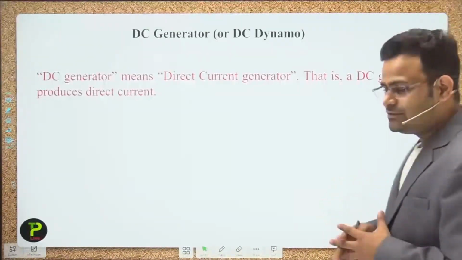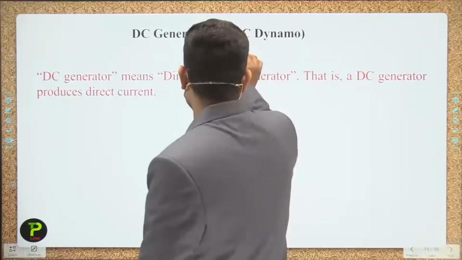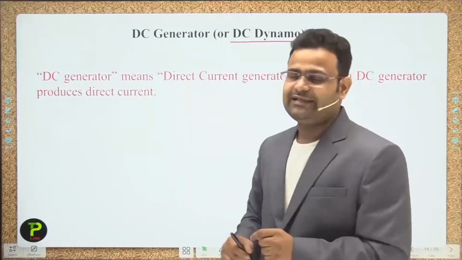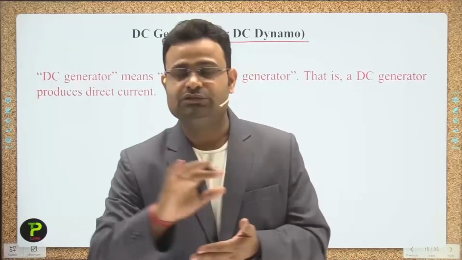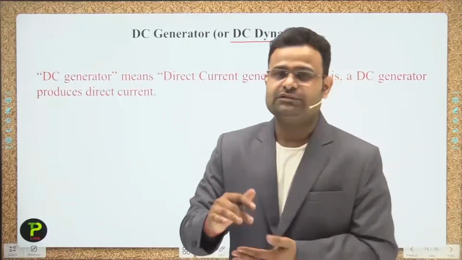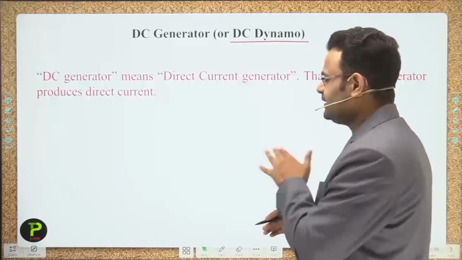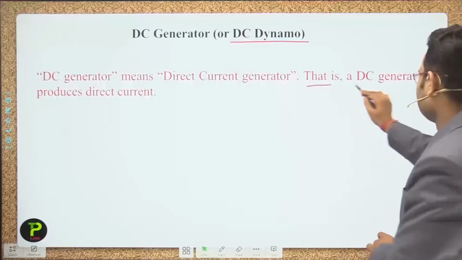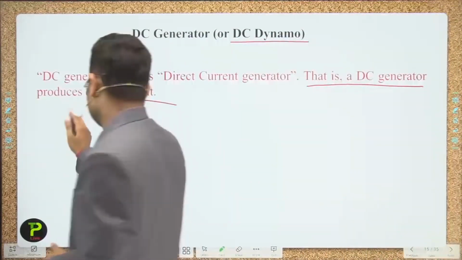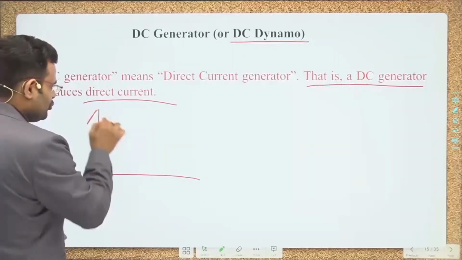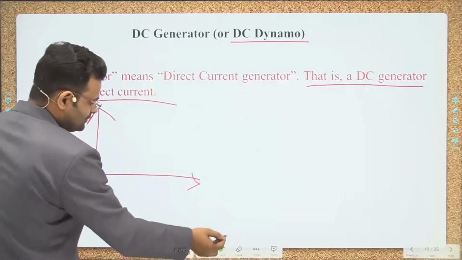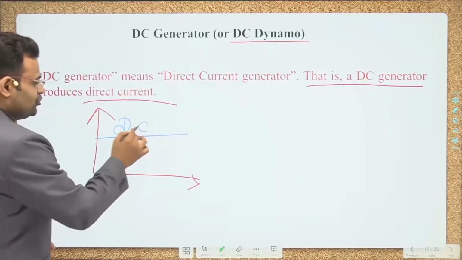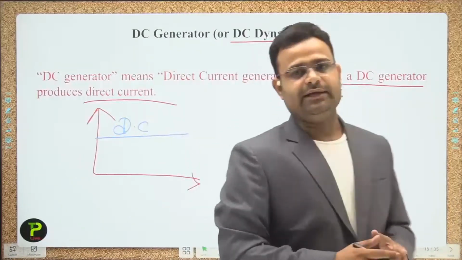Now next one is the DC generator, which you can call a DC dynamo, just like an AC dynamo. It provides electricity and voltage in the form of a constant supply. DC means constant, direct current. It is not harmful and has low voltage also. The DC generator produces direct current. If we talk about the graph, that is the graph of direct current, called DC.